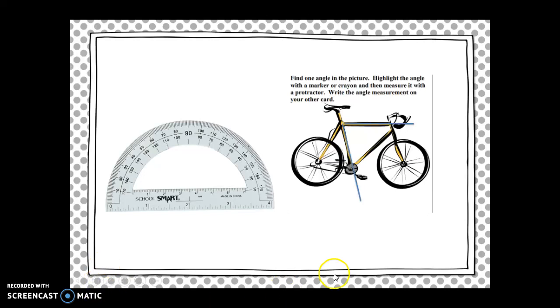So we're looking at the angle that you can see in blue right here on our screen that the bars make. We've highlighted it. Our next step is to use the protractor to measure that same angle. As I look at it, I see that my vertex is here in the center. This is where my two rays meet. I've got my base ray lined up with the line at the bottom so that it's nice and straight. And I'm going to read using this ray to see that this angle measures